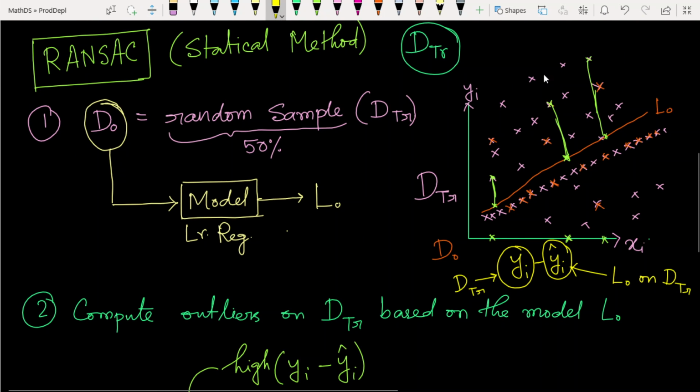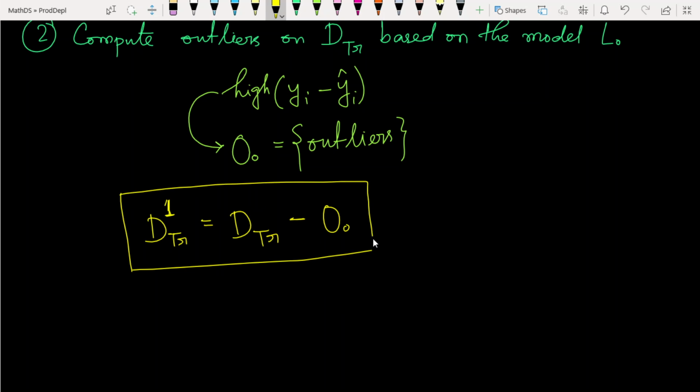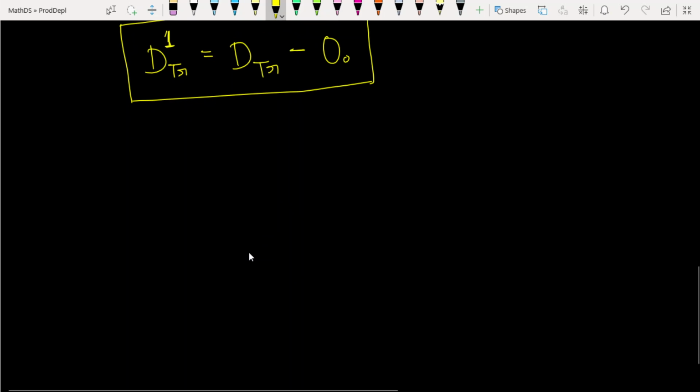Just see this light pink color. These are the whole data sets. Now based on this model L0, we have detected some outliers. Now from the D train data, we will remove those outlier points, and we have built another data set that we call D1 train. In the second step, we have to do this job. I think you got the point. After doing this, in the third stage,